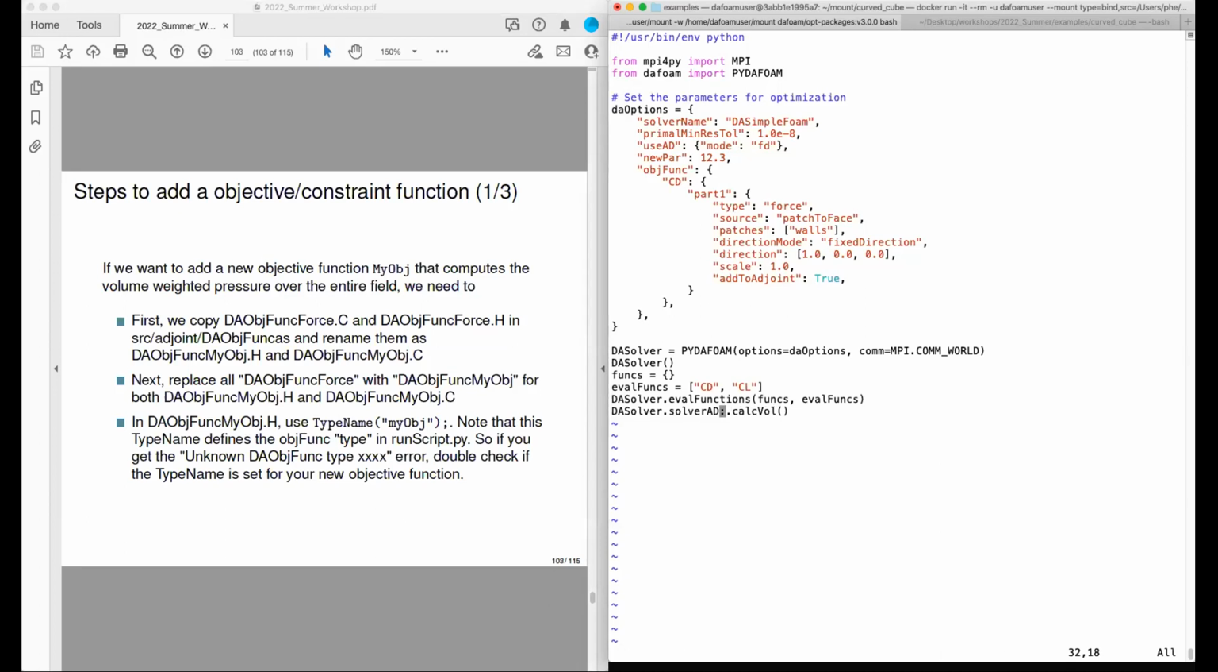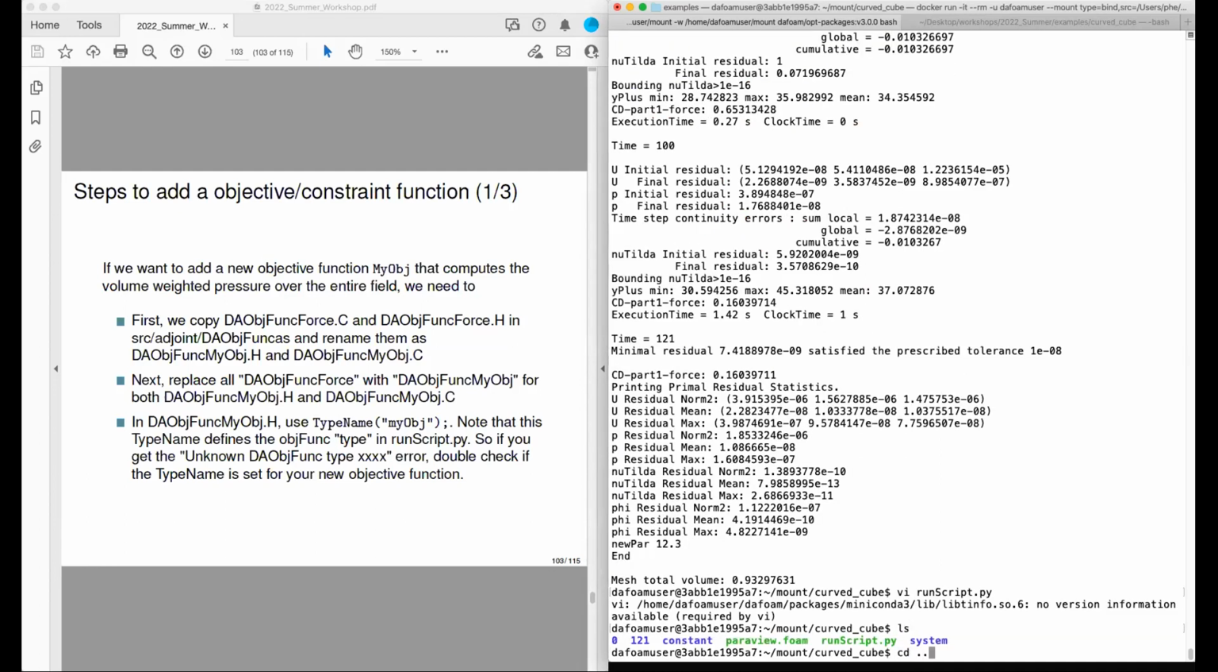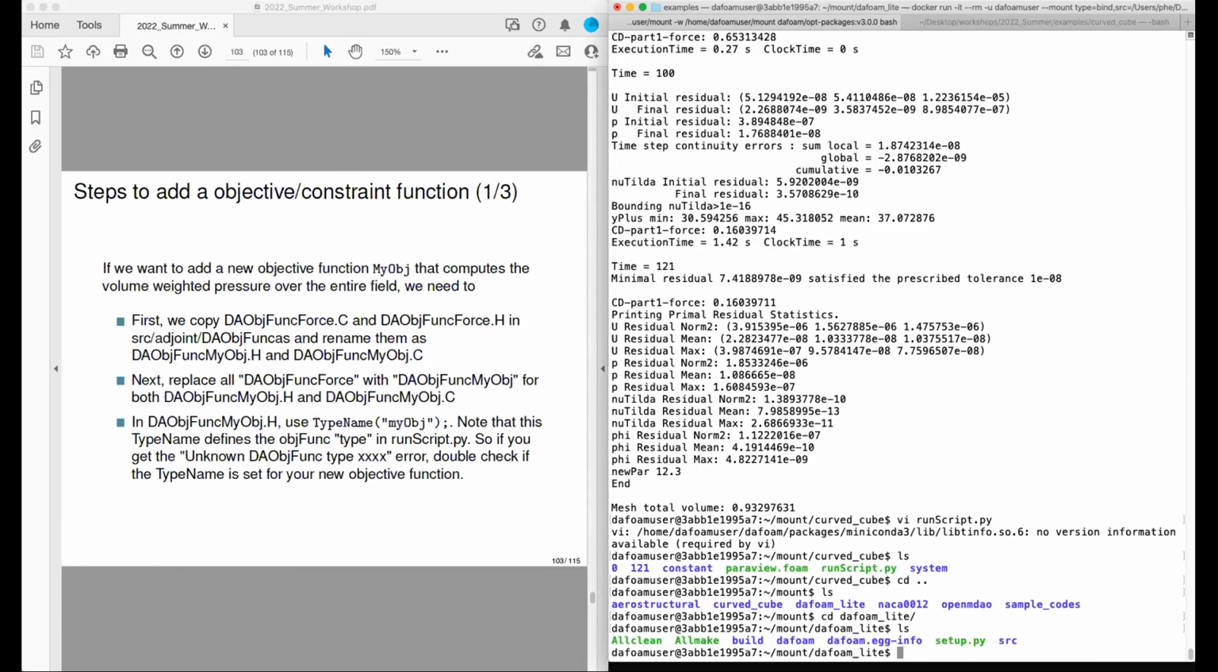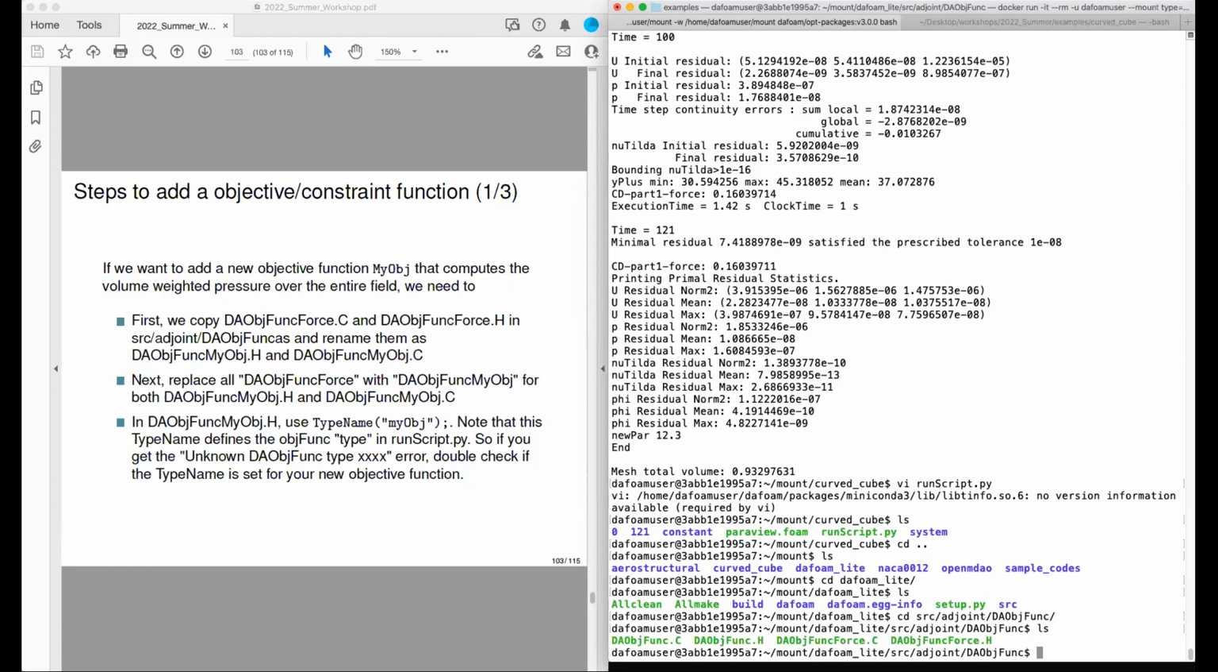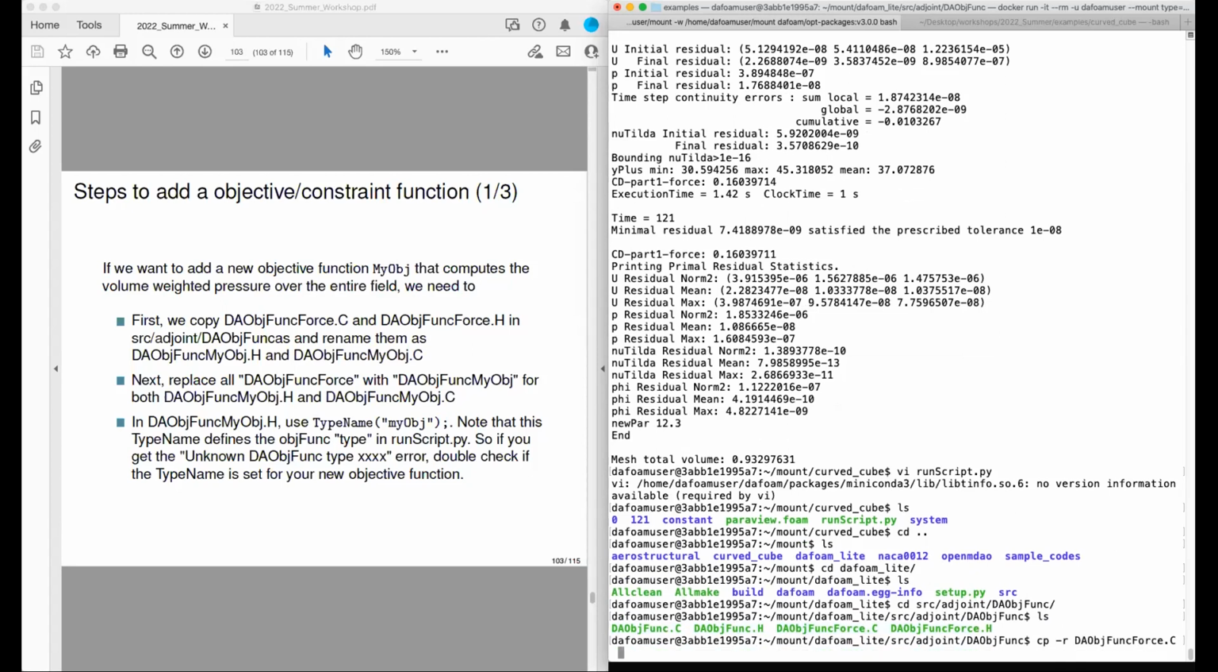The very first thing is to exit this file, go to the DAFoam folder, and go to src, adjoint. Again, if you want to add a new objective function, you add it in the OpenFOAM layer. You go to DAObjective. In this folder, we have a parent class called DAObjective and one child class called DAObjectiveForce. The very first thing you need to do is make a copy of this force DAObjective. Let me call it my